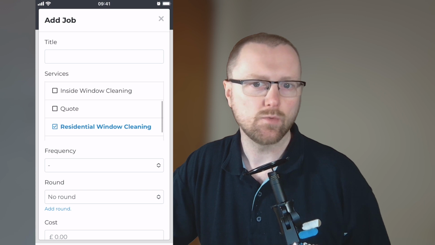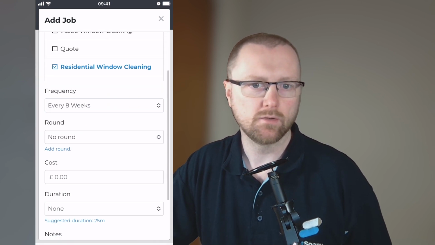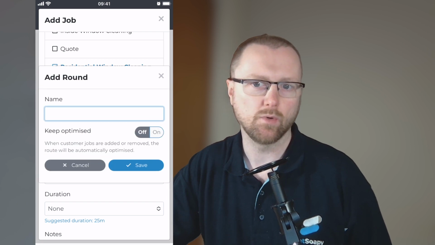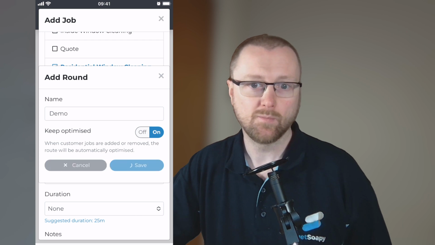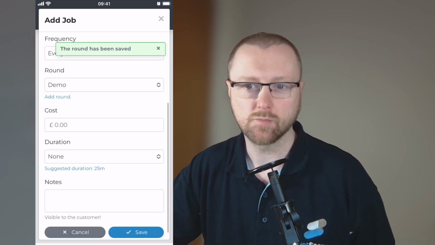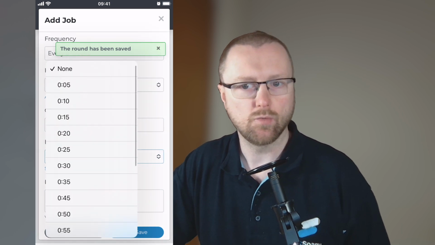We've not created any rounds yet, but I can add one in line called demo, and I'm going to turn on keep optimized. All the jobs in this round will now be kept in the most efficient order for me. It's a great feature that saves you loads of time, but it's so automatic there's not much more to say about it. I'm not going to bother with the cost just now, but I'll give it a duration of 25